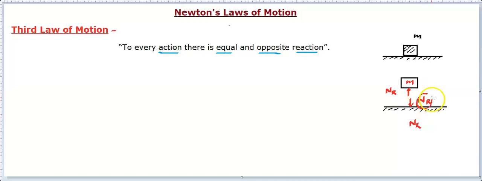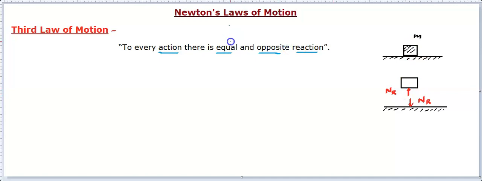Generally we call it the action because when you place the block, it starts pushing, so the surface starts pushing back on the block, and this normal reaction, they become an action-reaction pair. Few important points that we can extract from here: these action-reaction pairs are acting on two different objects, first of all, and they are opposite in direction, they have the same magnitude, and if you combine these together, then this action-reaction pair will cancel out each other. That means it will become internal stuff. When you see this together, you'll find this action-reaction pair will not be visible, but if you want to see it, you just detach them and see it that way.